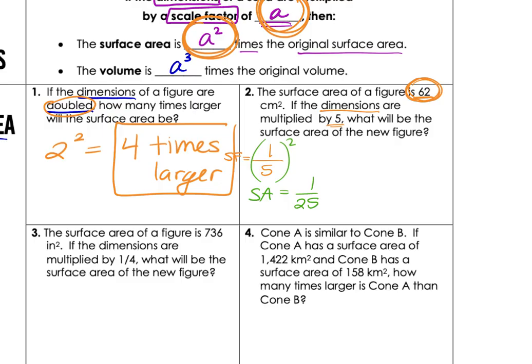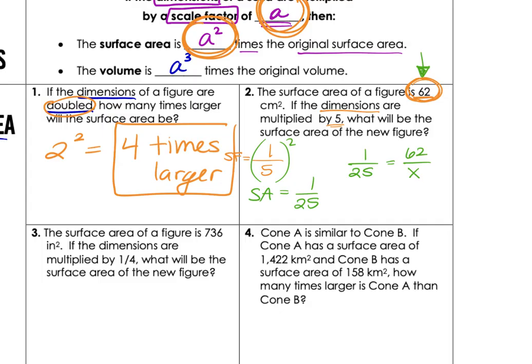What will the new surface area be if the original was 62? So now stop and think about that. If this is my ratio, 1 to 25, and I set up a proportion to compare them, that original they gave me, is that associated with the 1 or the 25 right now? If I made something larger, then the original would be smaller, right? So that means the 62 is associated with the 1, and the missing unit is associated with 25 times more,